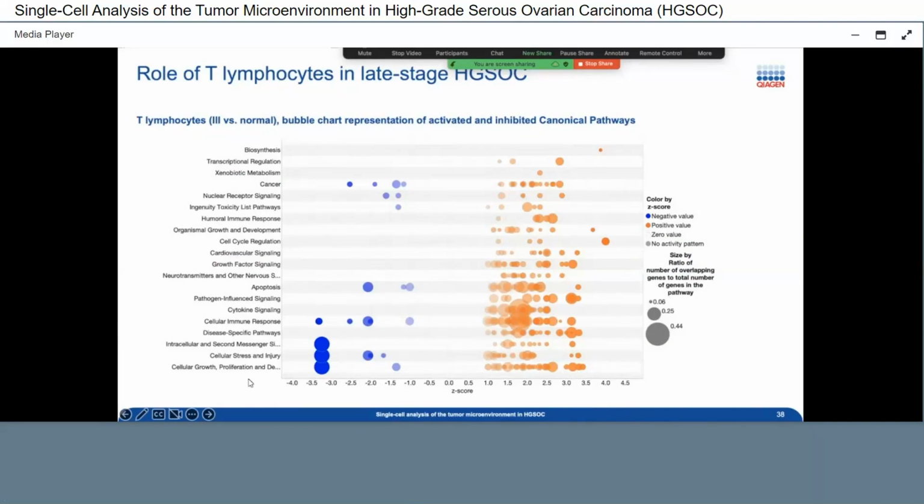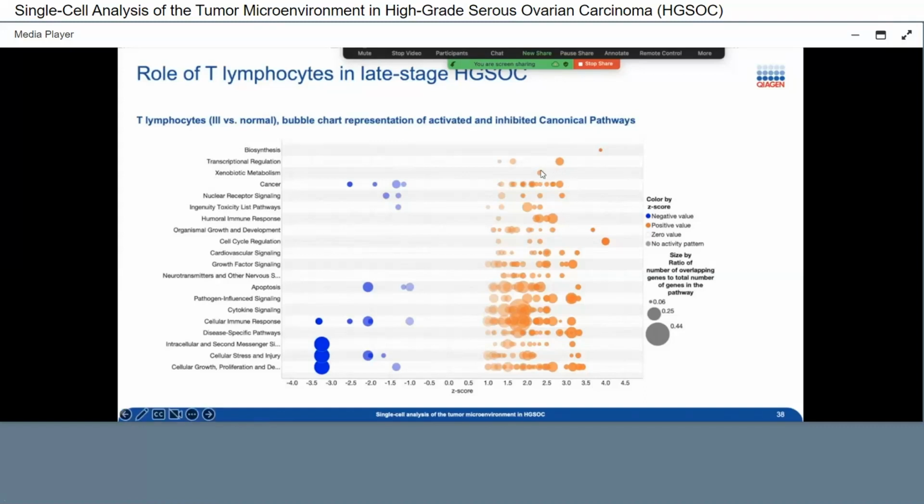I have the pathway category that we have in our IPA. We have over 750 canonical pathways already preset with different categories, as you can tell, growth factor category, cell cycle, nuclear receptor, and so on. And I put on the x-axis the Z-score. So basically, what you see here is orange and blue. First of all, on the left, it's blue: every pathway that is predicted to be inhibited. On the orange, every pathway that is predicted to be activated. But most importantly, the size also corresponds to the number of overlapping genes in that particular pathway that allows the calculation of the Z-score.